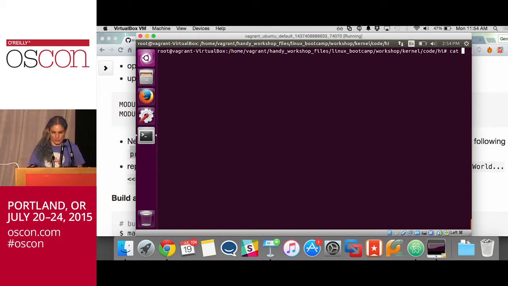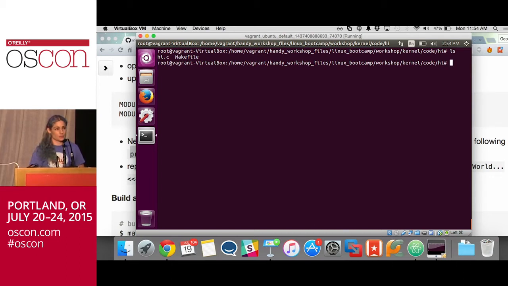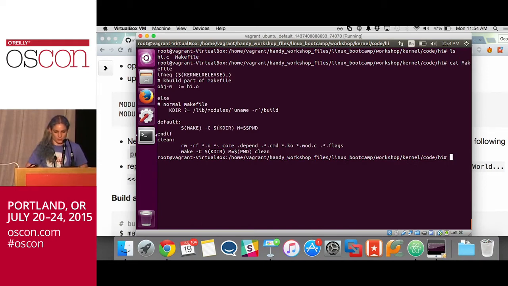Actually, before I do that, inside this directory there were two files. There was the hi.c, which is the C code, and there was also the makefile. If we just take a quick look at the contents of that makefile, again, that's the same as what I had up on the slides, and it's just going to build our C code against the kernel source tree. So if I run make,